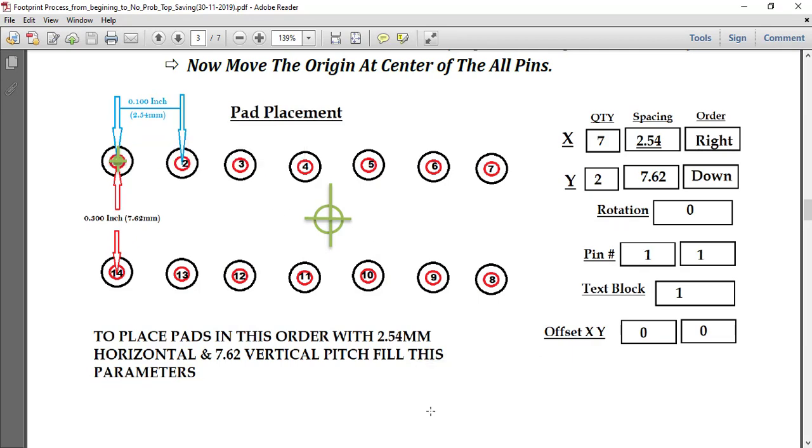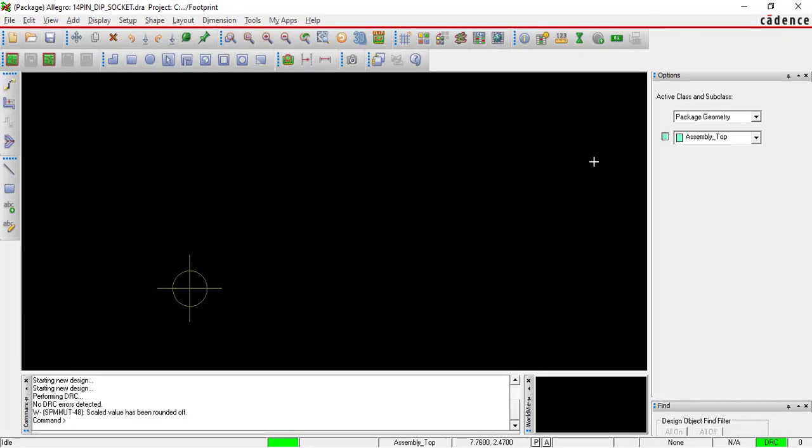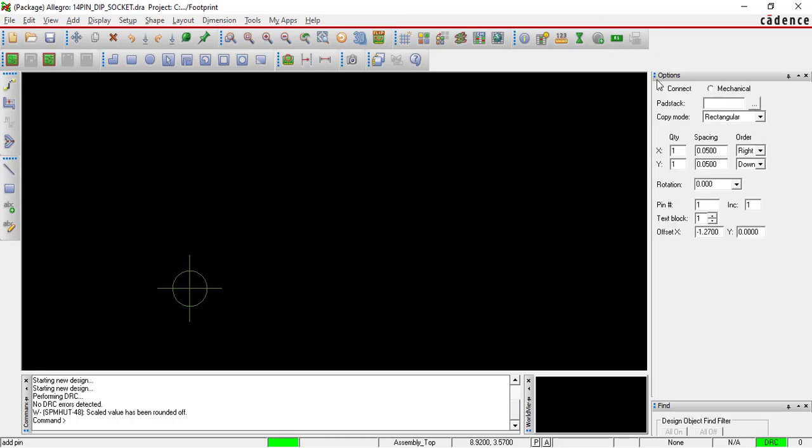To call the pads, first we have to go in our PCB window, PCB editor. See, at the corner of this, the add pins button is there. This is the options menu. Now see the pad stack. Just follow my mouse cursor.